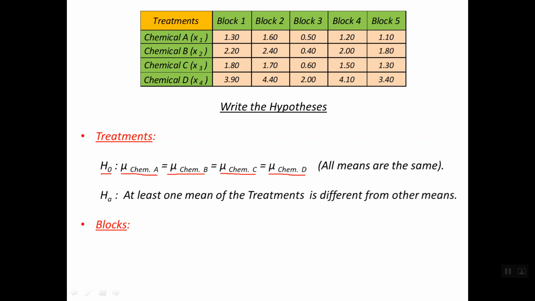For the alternative hypothesis, it states that at least one mean of the treatment is different from other means. So we need to test